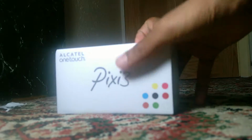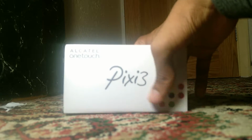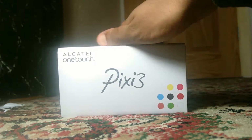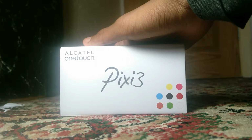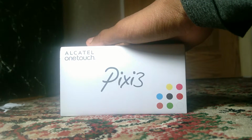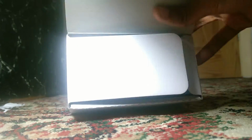And then finally, nowadays, I use this for school every day. It works quite well, and it is called the Alcatel One Touch Pixie Free 3.5, and I bought it for £20 in the EE store. Now let's open it up. Well, I've already opened it, but reopening it,